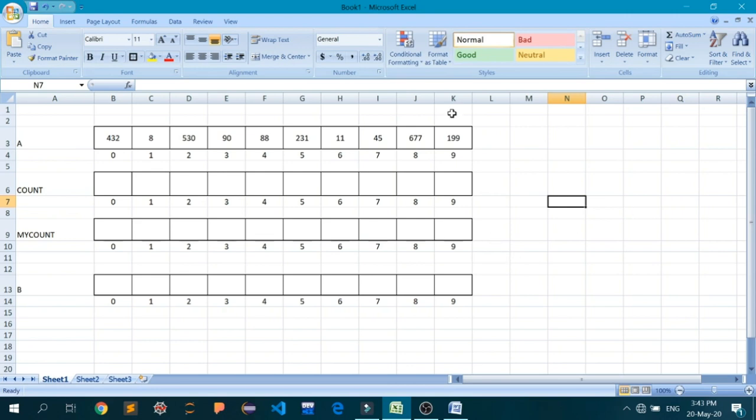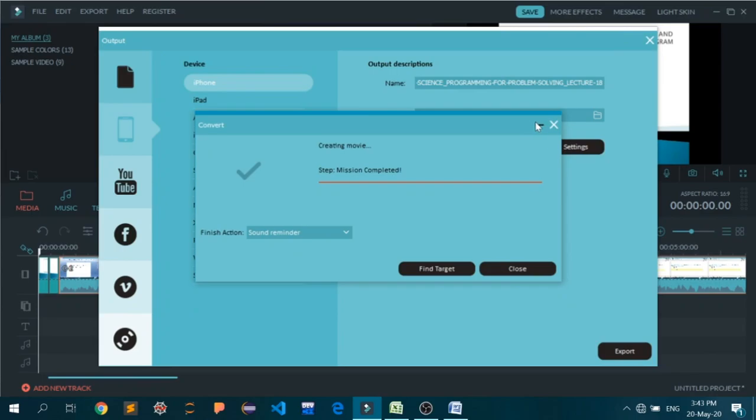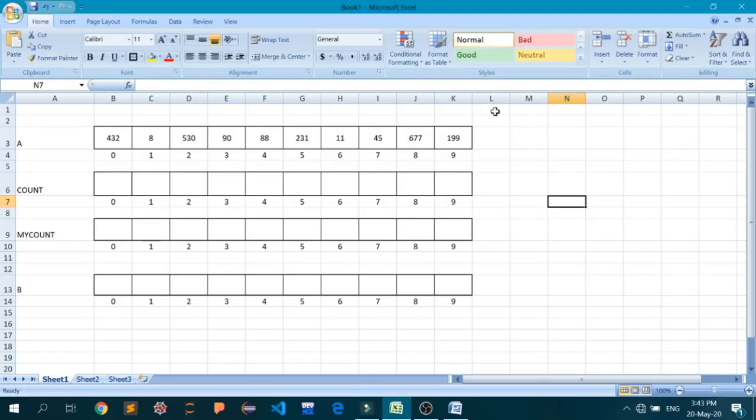So the first pass will be for the ones place digits of all those numbers, the second pass will be for the tens place digits, and the third pass will be for the hundreds place digits. I am sorry for this. Okay, I think you have got the idea of what I am trying to say here. Let me tell you one more time. In the first pass, we are going to choose the radix that is at the ones place. So please listen carefully. In 199, this last 9 is at the ones place. The second 9 is at the tens place. And this 1 is at the hundreds place.